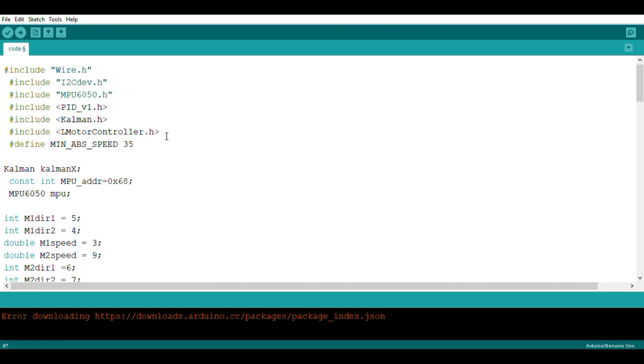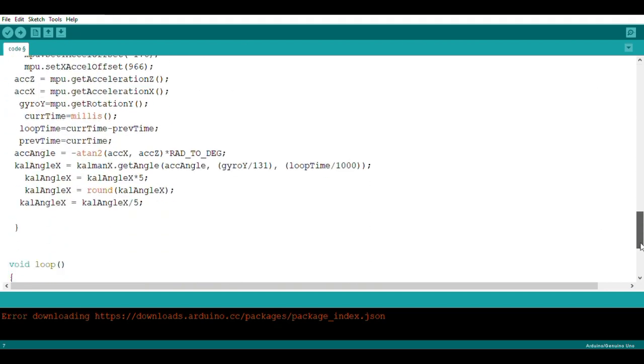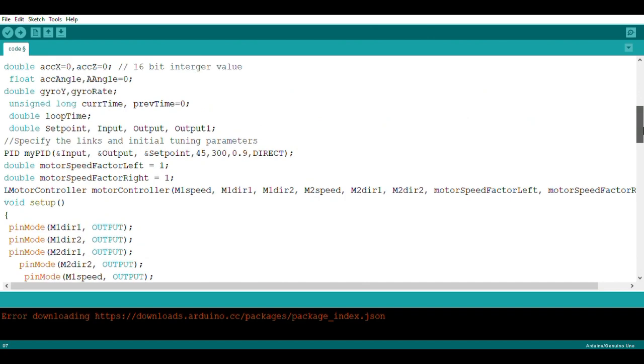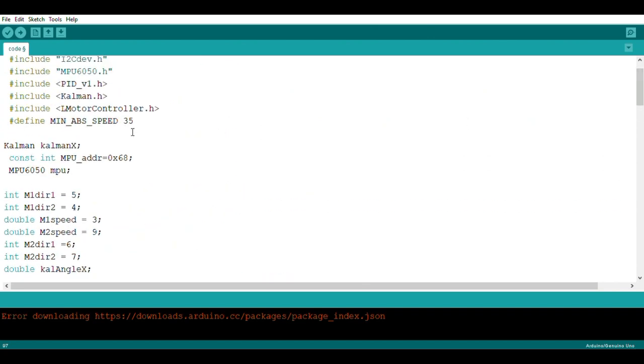This contains the program for moving the motor back, forward, or stopping the robot, and many other functions. But basically I am using this function motorController.move with function inputs as output and minimum absolute speed. The minimum absolute speed, which I have defined already here, is 35. So this we have to input in order to overcome the static